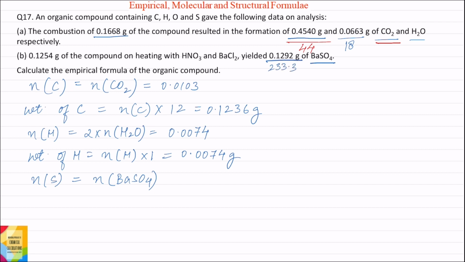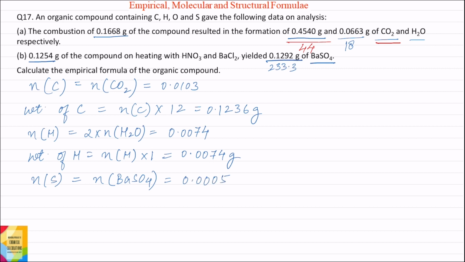Now this is the moles of barium sulfate in 0.1254 gram of the compound. So moles of barium sulfate in 0.1254 gram of the compound will be equal to 0.1292 divided by 233.3, which is equal to